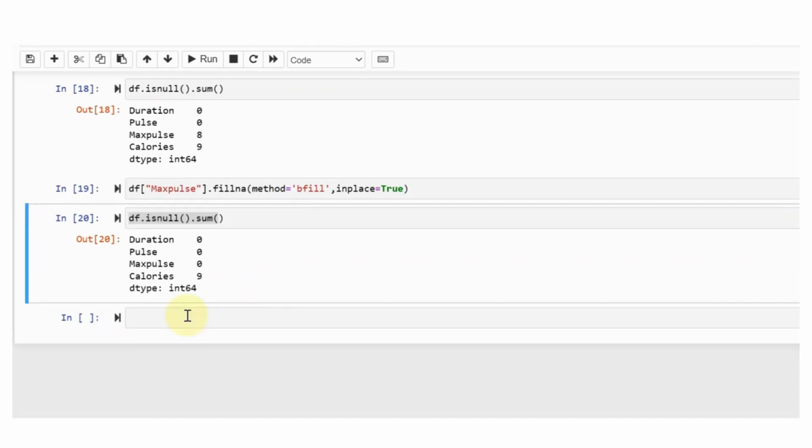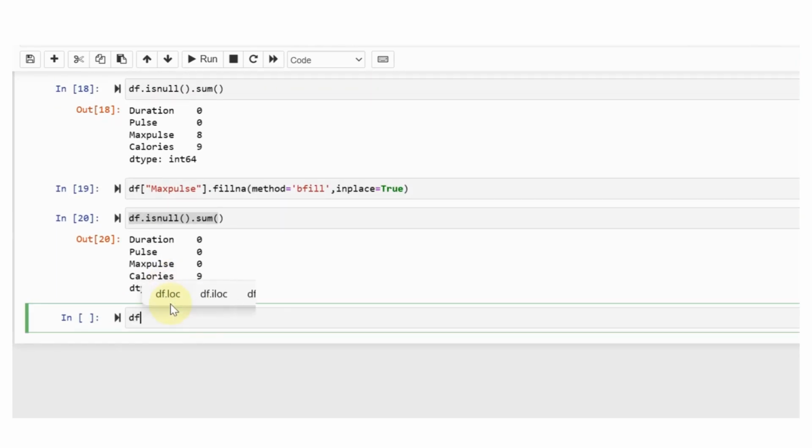Okay, now fill with the maximum value, minimum value, mean value, and mode value. Mode means the most frequent value in the dataset. Now fill a column with the mean value.